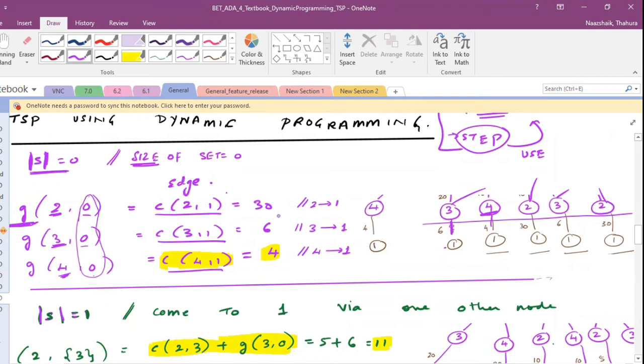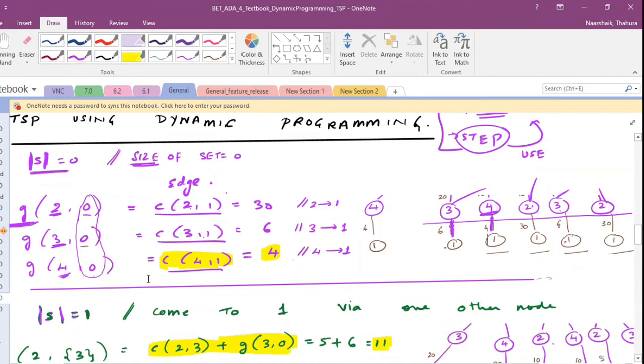This, you know, the cost. You can build up an adjacency matrix, or here, because I have this graph, right? I'm just looking at this and doing it. Okay. You know the direct cost going from 2 to 1 is 30. You know the cost of going from 3 to 1 is 6, and 4 to 1 is 4, right? So this is step number 1, very straightforward, because you're doing the last step. You know that always you have to go with the direct edge. So there's nothing great here, right?